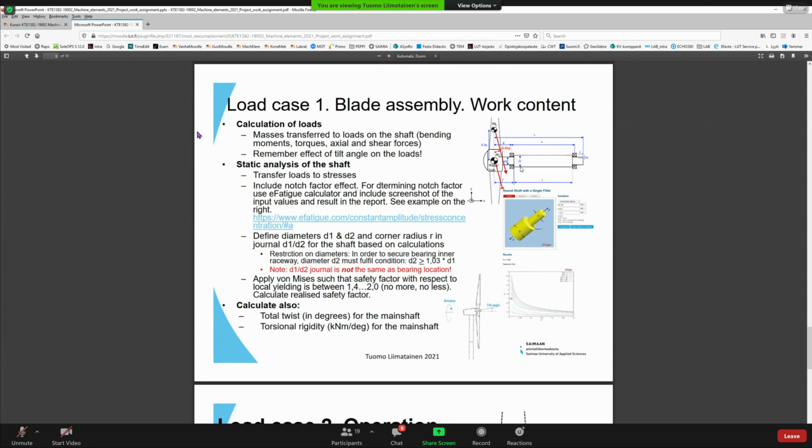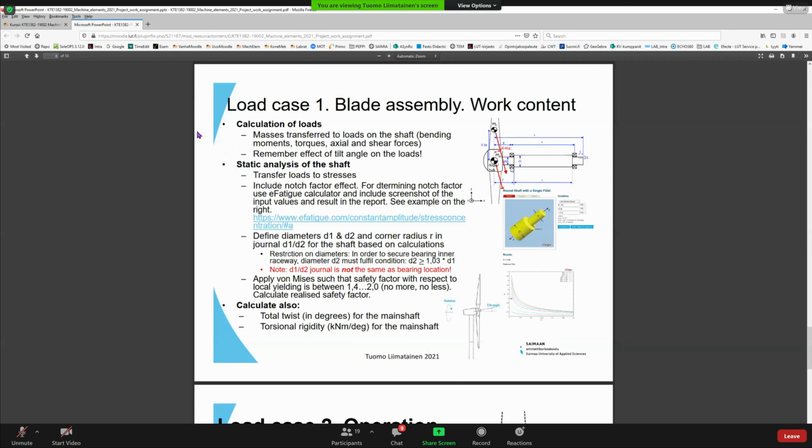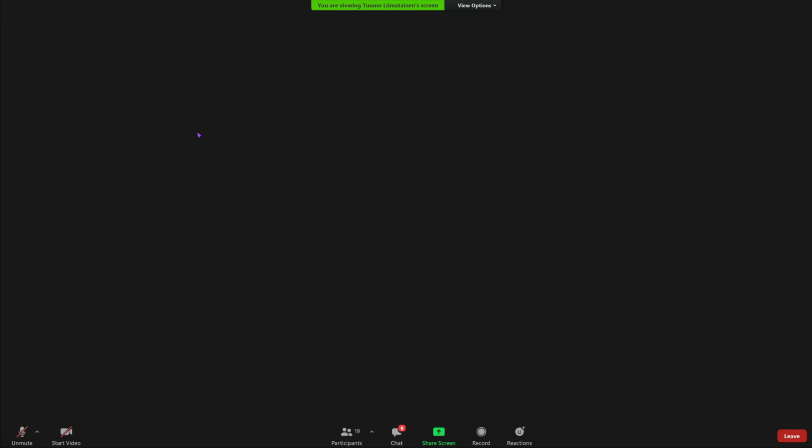And what you need to note is that when you calculate the bending stresses, this journal where I want you to calculate the stresses is not the same as the bearing location. It is slightly aside from it. Last year, majority of the students